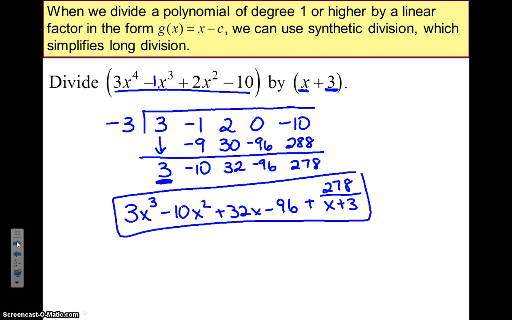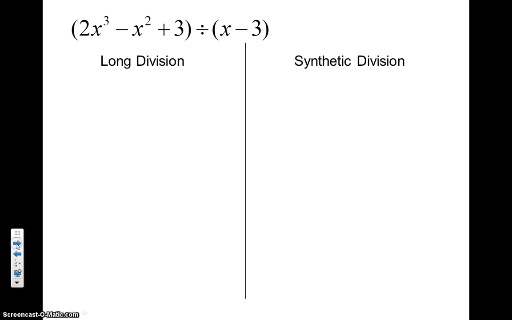I want to show you on this next example kind of a problem where we could do it long division, synthetic division, and hopefully you can see kind of where the numbers are coming from in the synthetic division based on how we've done the problem using long division. So if I take x minus 3 and I'm dividing 2x cubed minus x squared plus 0x plus 3 by that x minus 3 using long division, I would have a